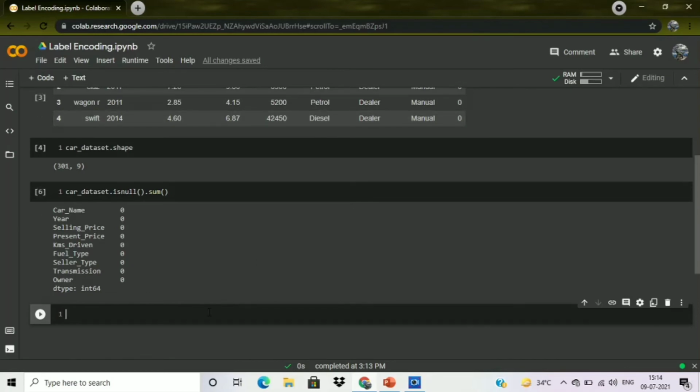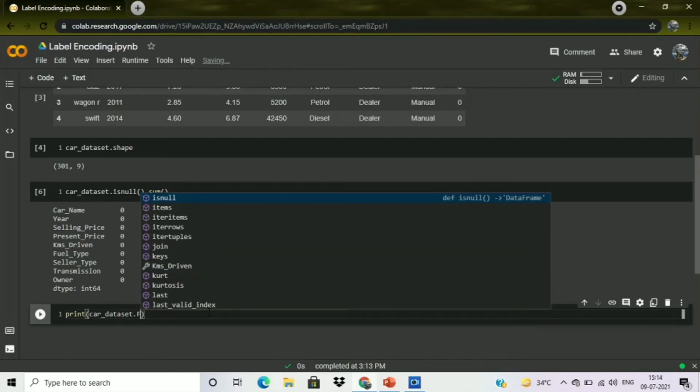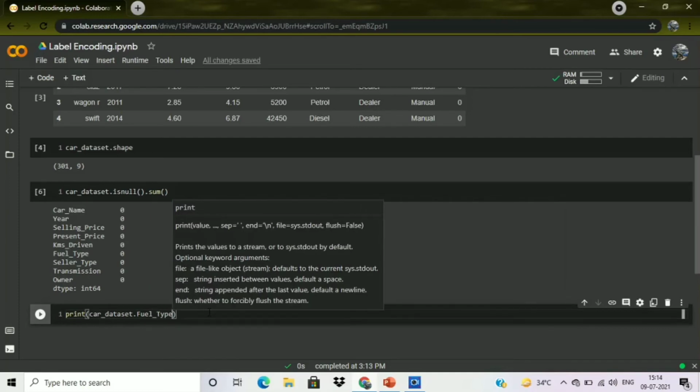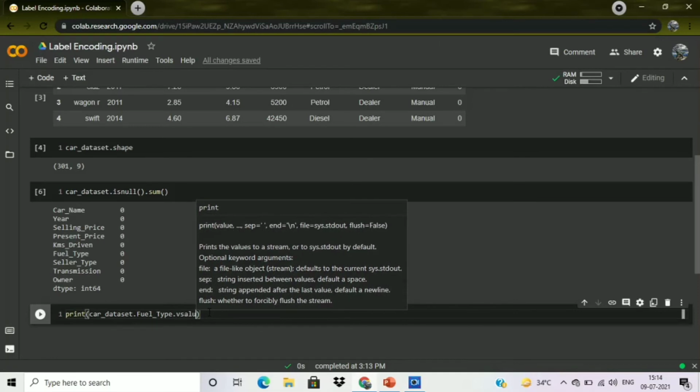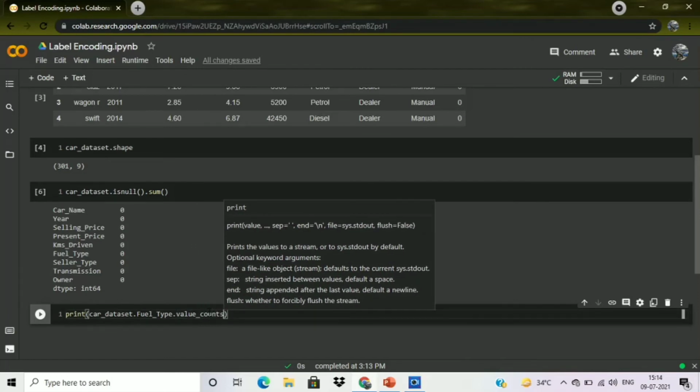Let me type the code: print car dataset.fuel type.value counts.